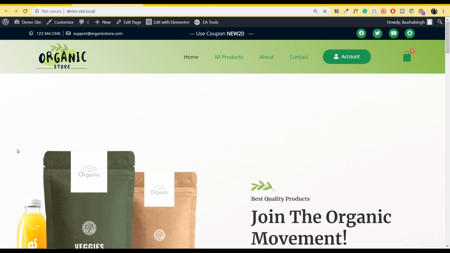So you saw how easy it was to simply put in anything you want. Now you can take it to whatever levels you want. You can change the gaps, you can decrease the size, you can change the colors, you can put in whatever links you want, whatever images you want. Everything that Elementor as a page builder plugin has to offer, you can use it on your header as well. All you had to do was simply install a few additional plugins.